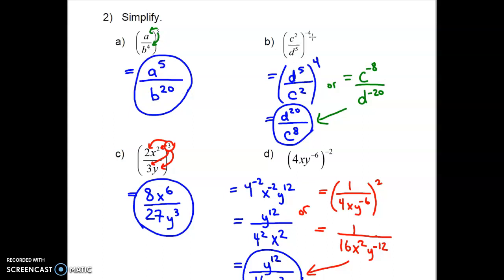Okay, let's look at B. Same thing. We need to take that -4 and multiply it by these powers. Well, first, actually, our first step, you should have noticed this is a negative exponent. So the first step, change it to a positive exponent, always. Flip these, make it reciprocal. So d to the power of 5 is the numerator, right? All right, so then we do 5 times 4, so 20, and 2 times 4 is 8, and that's our